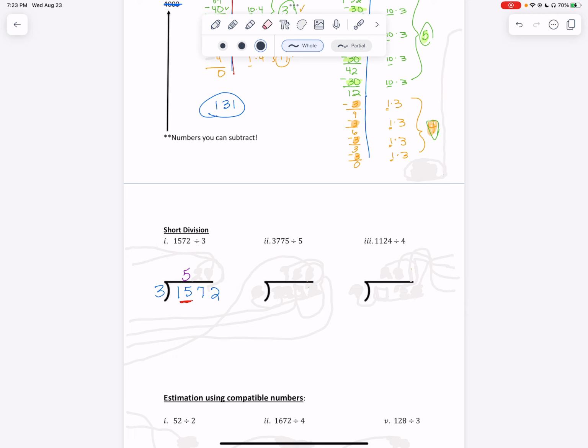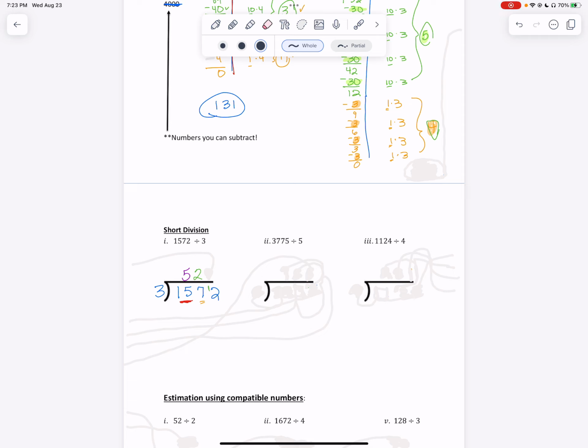Do I have anything left over? No, it goes in there evenly. So I have nothing left over. So now I'm going to go to the next one. Let's look at the 7. 3 goes into 7 how many times? 2 times,